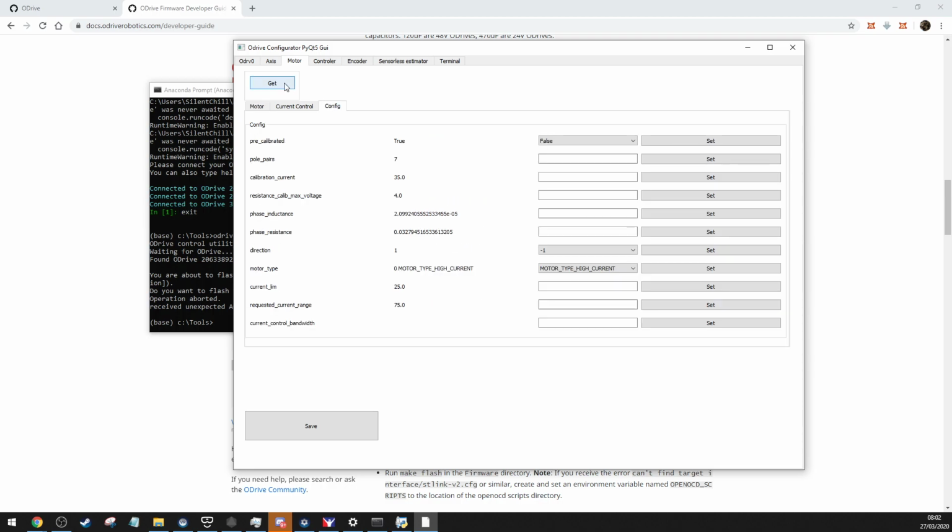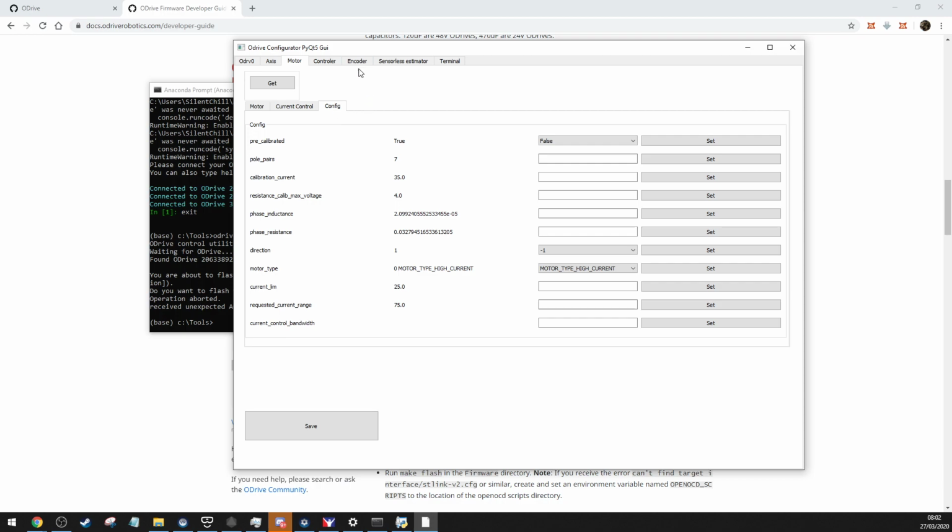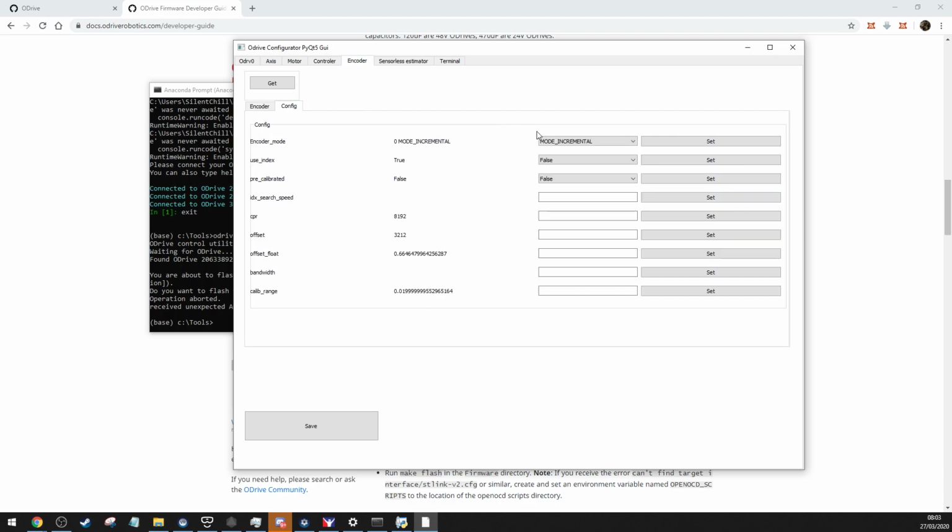Motor config pre-calibrated will be false. Controller, don't need to change anything in this. I will upload a generic, well, not a generic, but my config file, which you should be able to use oDrive tool to upload. But yeah, right, encoder, that will be set to false. Use index will be true, pre-calibrated